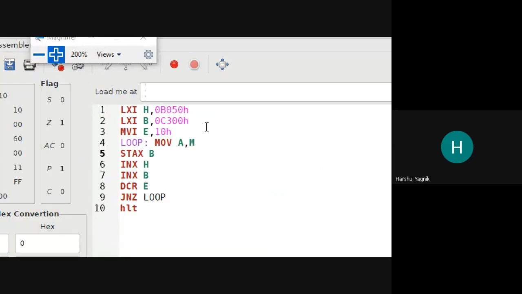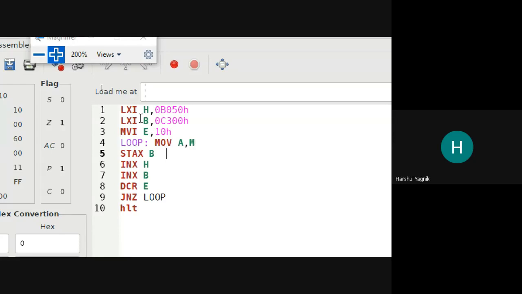We have to change the flow of the memory pointer location. So for any one of the pointers, we can start from the last value and then reduce it.